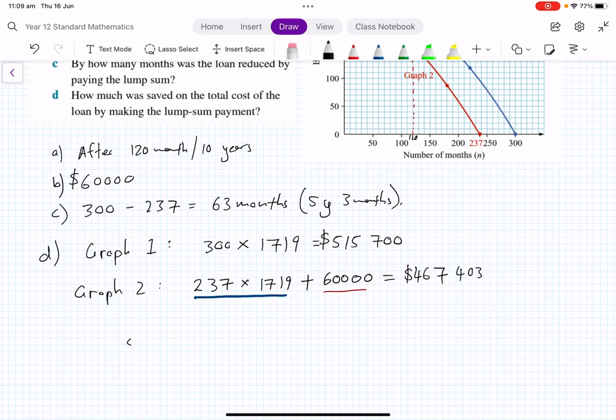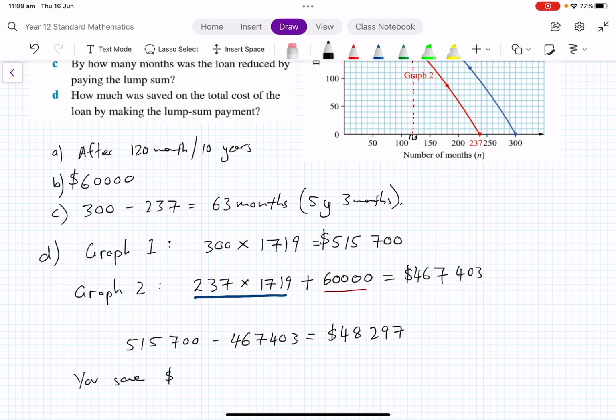Well, we do 515,700 minus $467,403, which is equal to $48,297. It's a significant saving that you've made by being able to do that. I mean, 48 grand is not a small amount of money. So you save